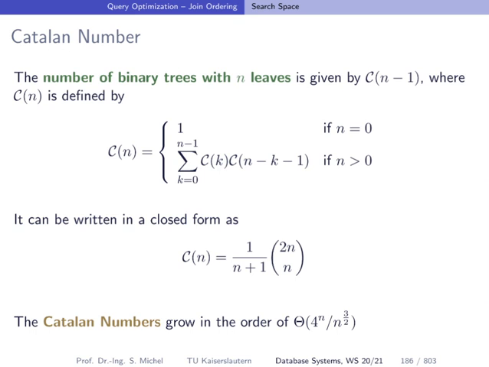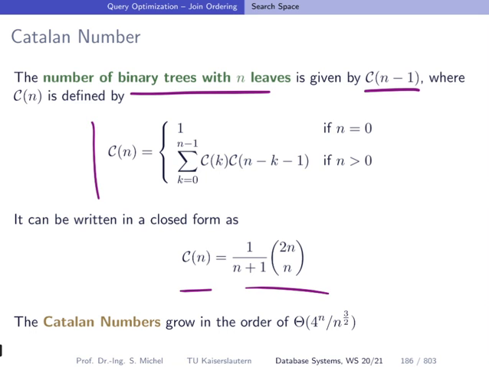So in the following, we want to understand how many possible join trees we can have. Reconsider that the join operator is a binary operator, so these join trees are binary trees. And if we have n relations, the join tree has to have n leaf nodes. The number of binary trees with n leaves is given by the Catalan number of order n-1, which is defined here. What that means, it's not so important to understand why you can write it in closed form like this,